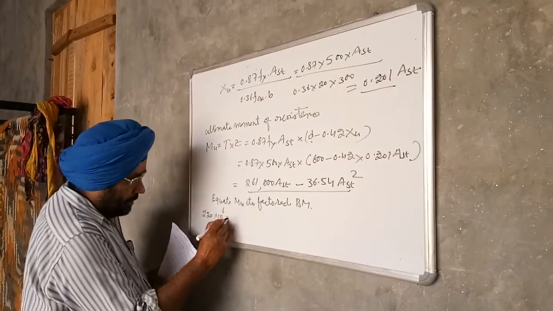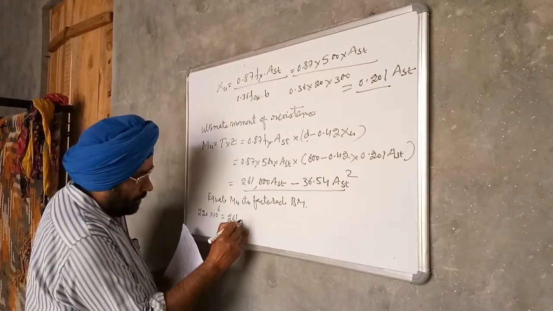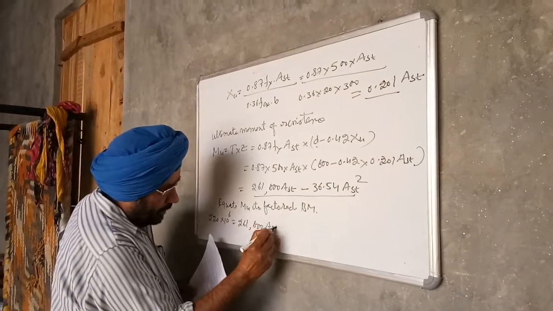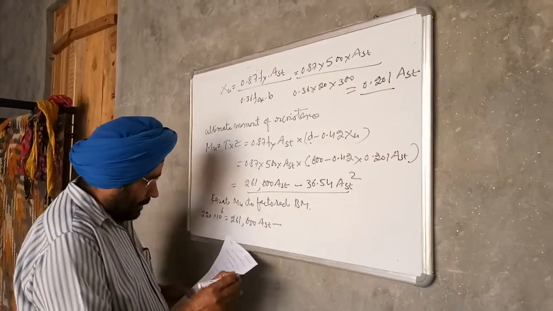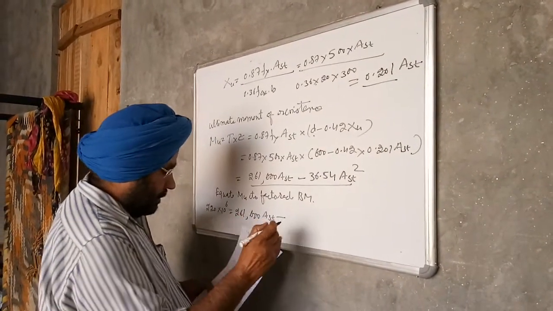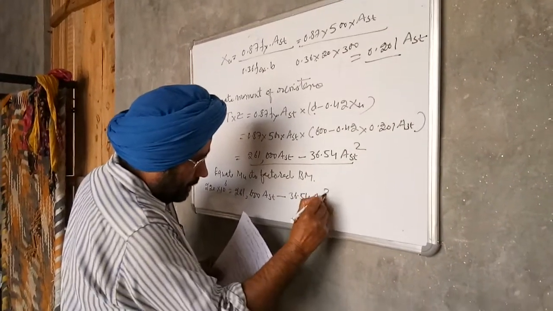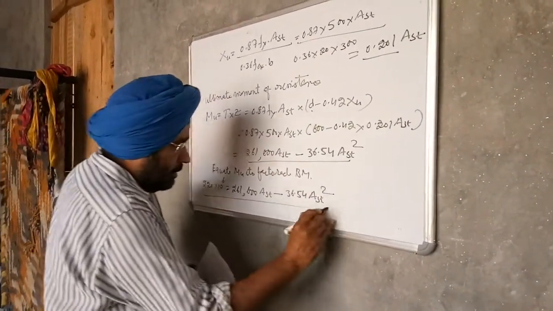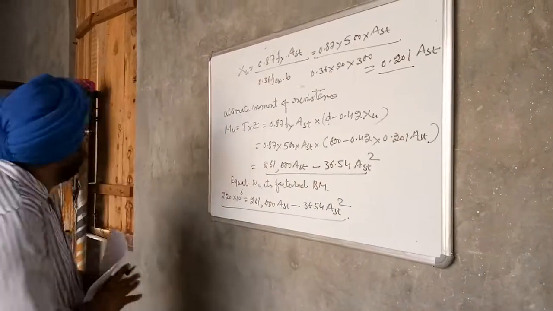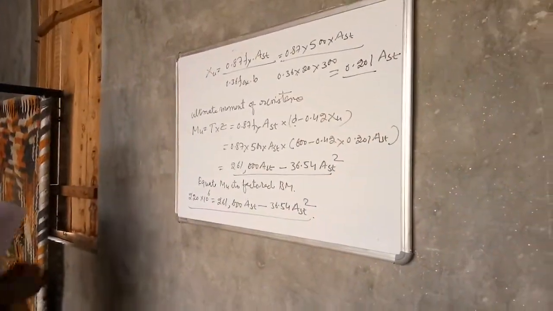So its value is 261000 AST minus 36.54 AST square. By further solving this equation we get